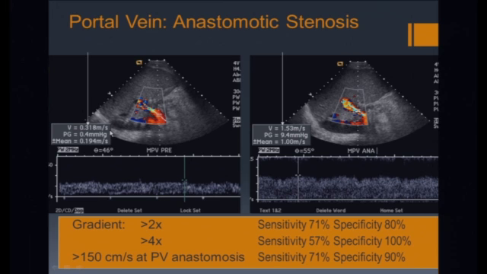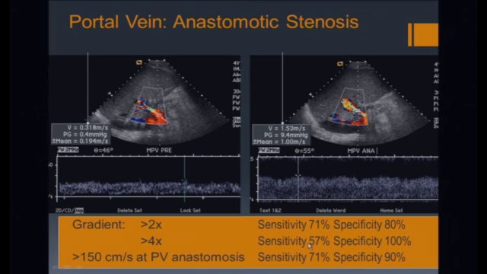Unfortunately, there is some overlap between normal and abnormal, and I'm going to give you some numbers here. Basically, a gradient of 2, a doubling of velocity between the pre-anastomotic and the anastomotic velocity, has a sensitivity of 71% and a specificity of 80% for portal vein stenosis. Now, if you set your threshold higher at 4, then your specificity is 100%, but your sensitivity drops